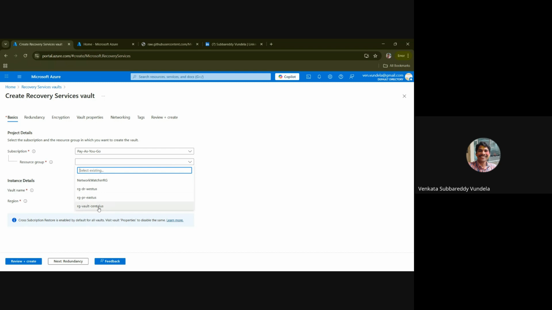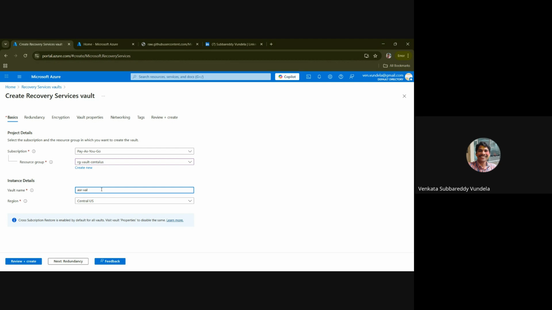Whatever resource you are creating in Azure, you need to keep it in one specific resource group, so that it is easy to club and easy to track. So RG Central US, and you need to provide the recovery services vault name. I'm just giving ASR Azure Site Recovery vault, which can be any name.